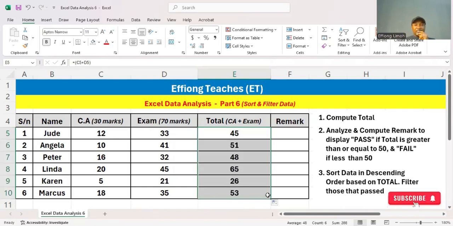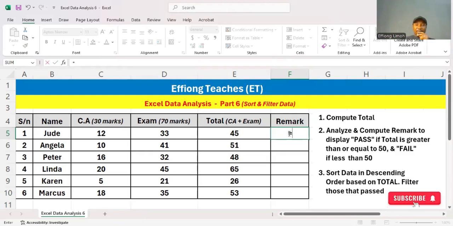Then we proceed to the remark, that is question 2. We are going to use the IF conditional statement. We talked about the IF conditional statement, I think in the second video of the series, so if you've not seen that, you can go ahead and see it. For the remark, we work with the total, so we enter the equal sign, IF, which is not case sensitive. We open a bracket,